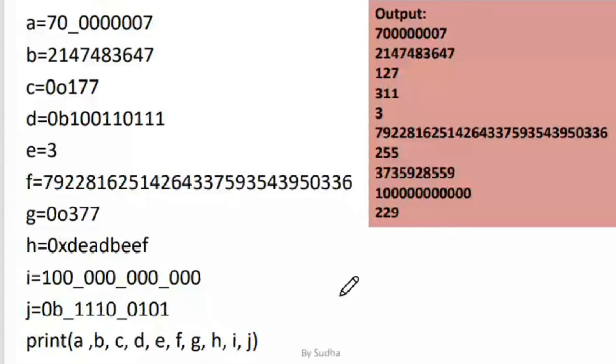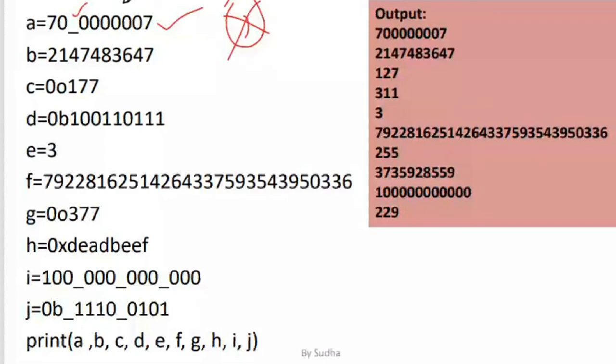Now I am just showing you the valid literals. First, coming to the literal A, the variable A has this literal. As I said, you can have underscores inside your literals. This is valid, in Java also. Your interpreter will ignore these underscores. You give underscores inside your literals so that it is easier to understand. Can you put a comma inside your literals? You cannot, but instead of commas you can put an underscore. Underscores will increase the readability of the code.